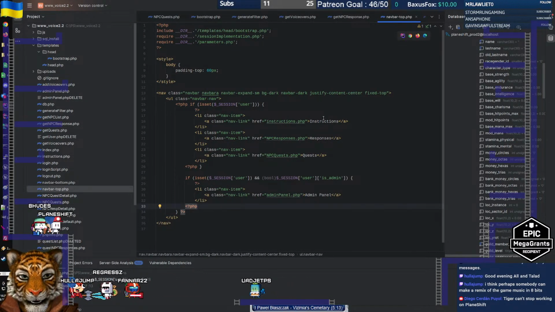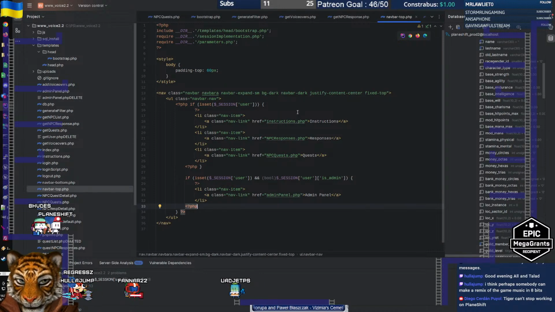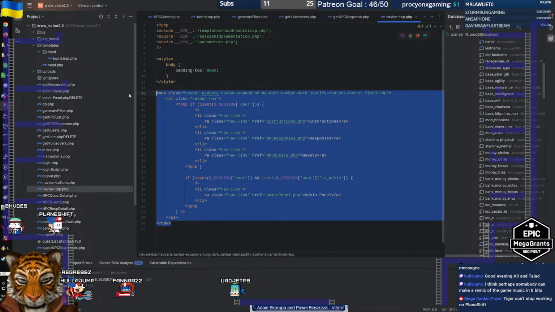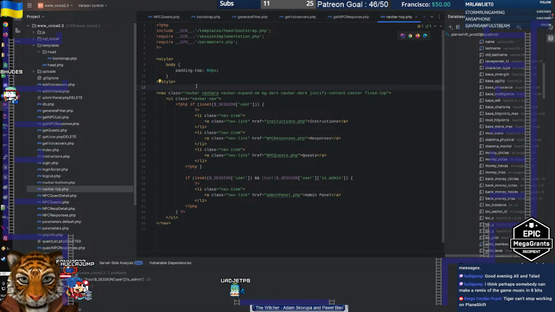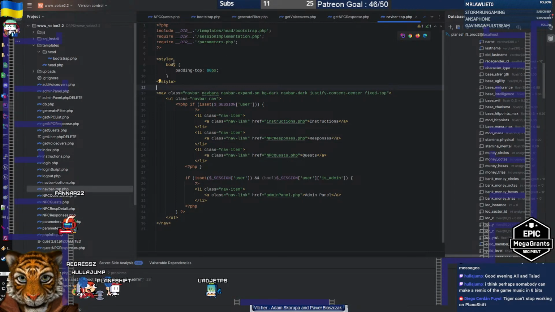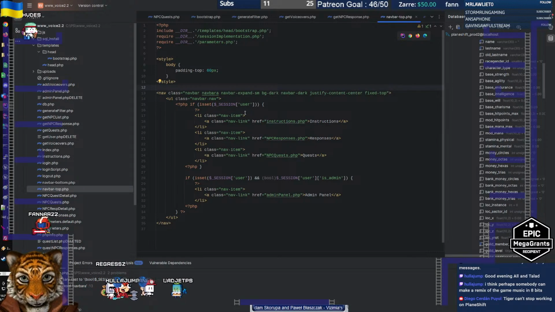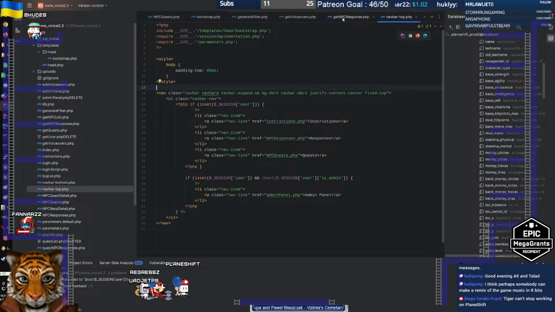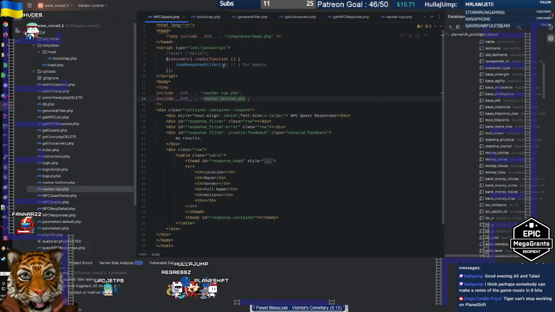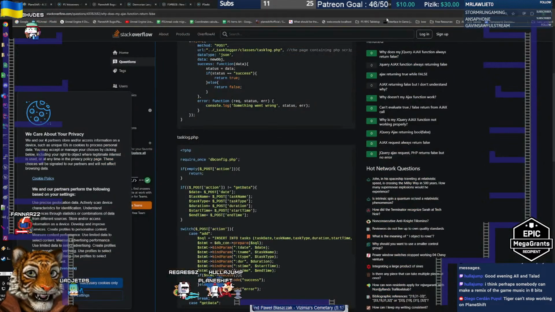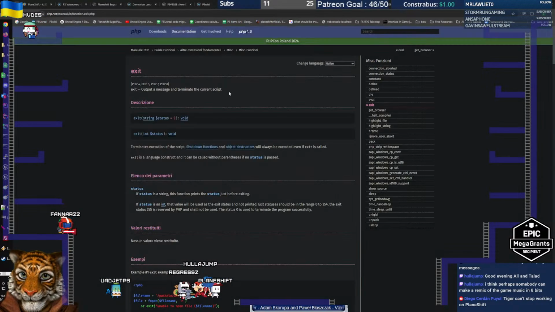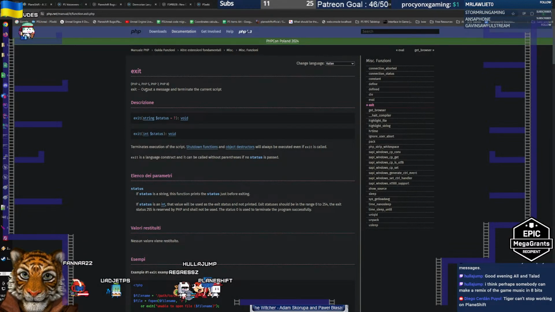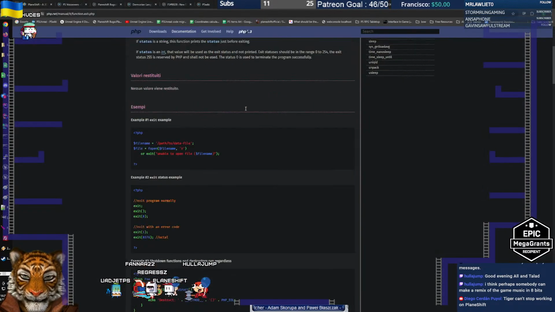So if the user is not logged in, I can avoid all of this. But can I do exit? Yeah, probably I can do exit. Is exit a thing in PHP? Yeah, I think it is. So it's just stopping completely. So I think I can,